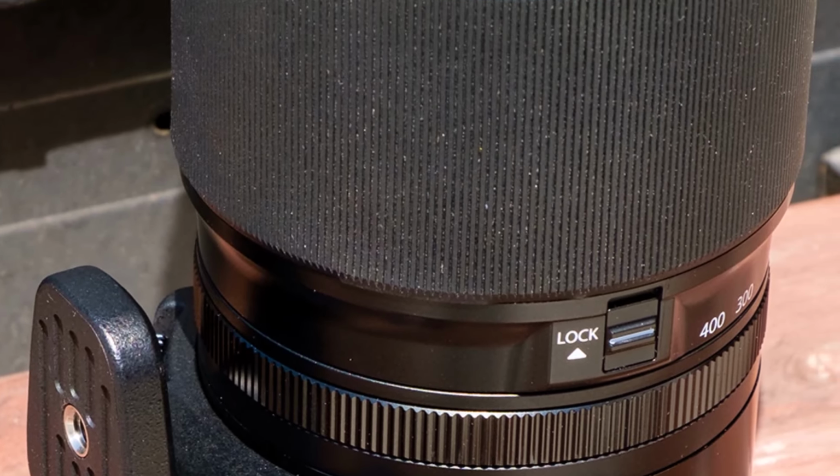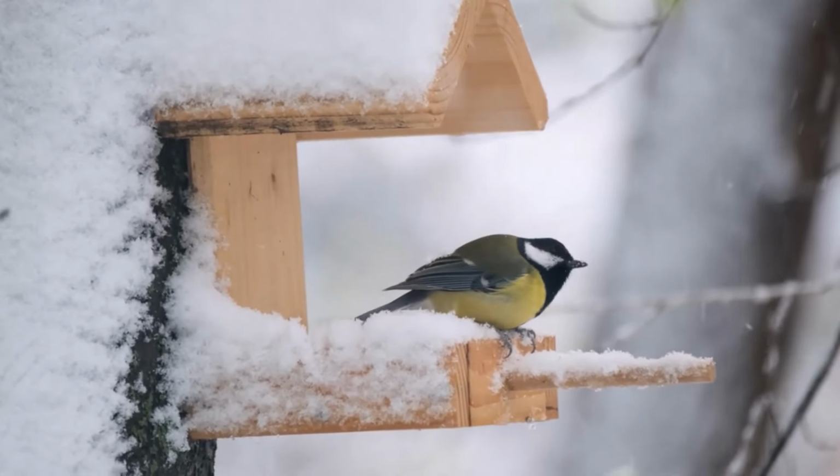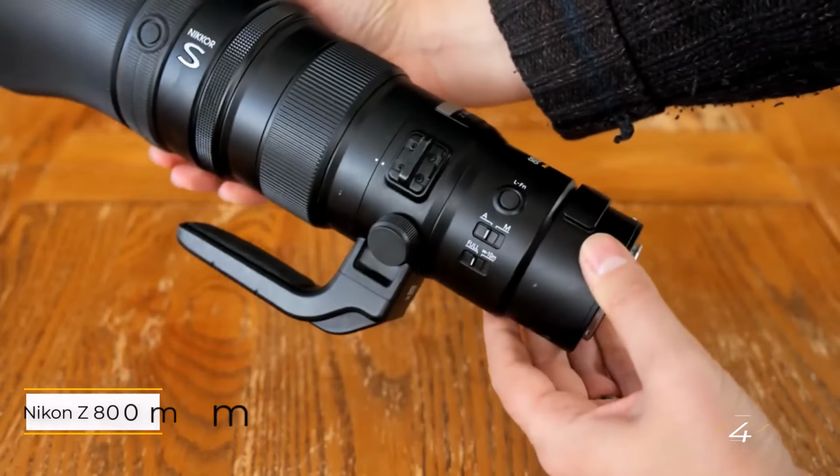Despite its APS-C design, it's fairly hefty for a 100 to 400mm zoom. But the image quality is impressive, even though sharpness slightly decreases at the